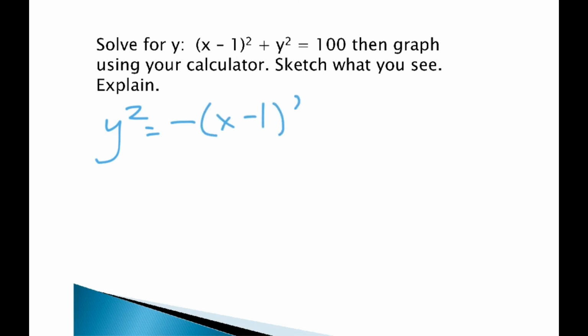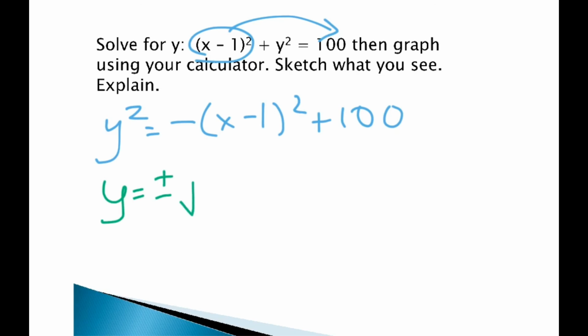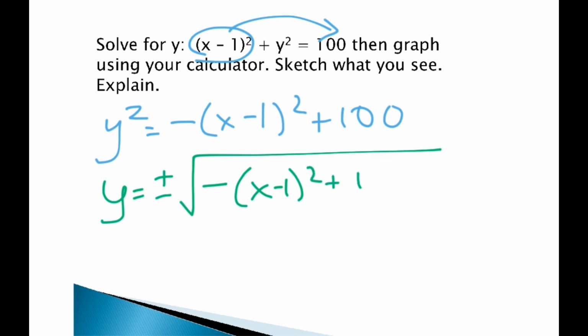Okay, so you're going to have y squared is equal to negative (x minus 1) quantity squared plus 100, because I took this and I put it on the other side of the equation. And now you just take the square root. So it's really not that hard, it just looks really intimidating. We're going to have the square root of negative (x minus 1) quantity squared plus 100. And so these are the two equations that you're going to put in, one with plus and one with minus,